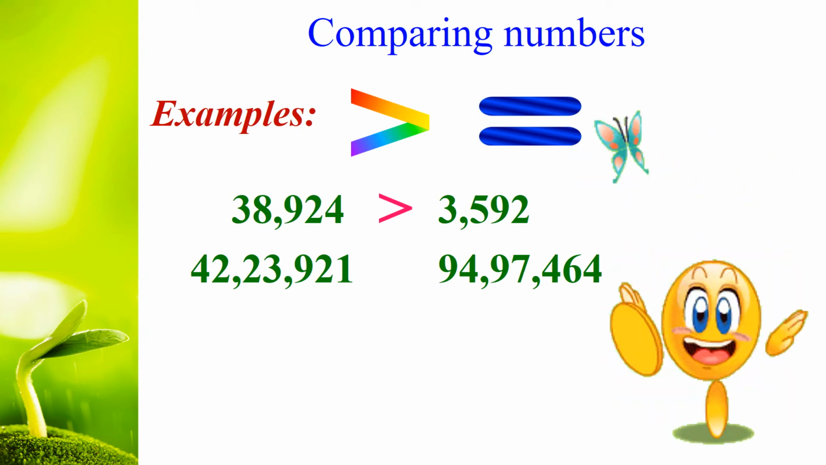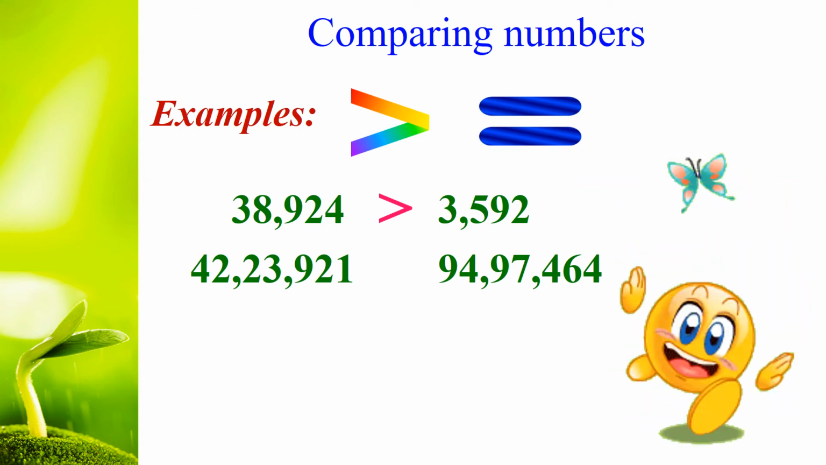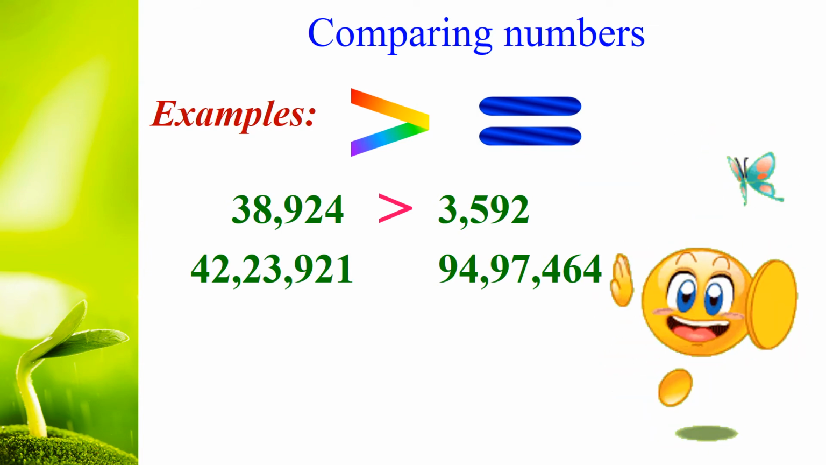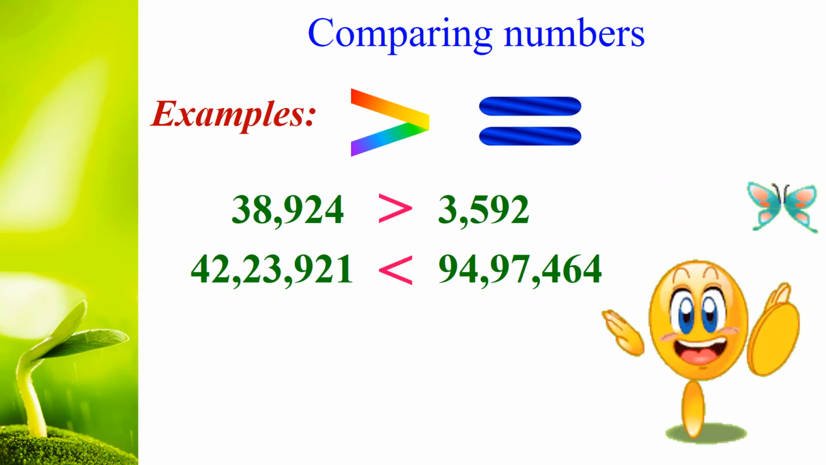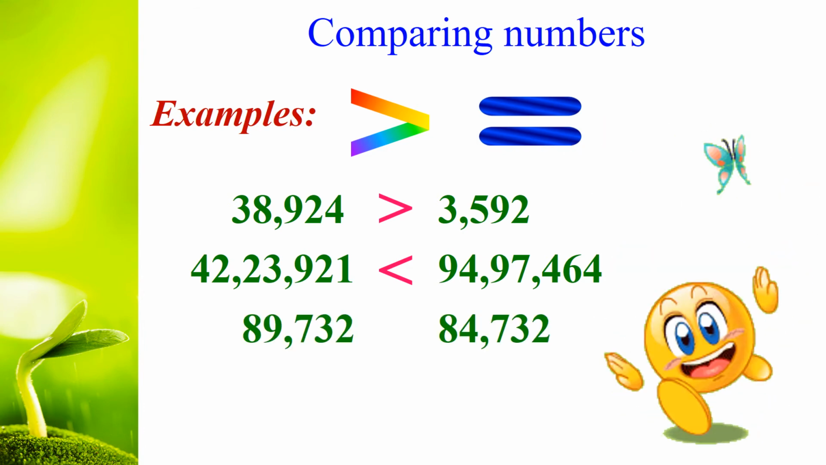42,23,921 and 94,97,464. Here both numbers have 7 digits. So we can compare the first digit. Here the first number's first digit is 4. Here the second number's first digit is 9. So the second number is the greatest number. Therefore 94,97,464, that is 94 lakhs 97,464, is the greatest number. Next,